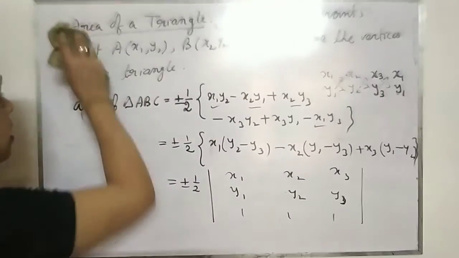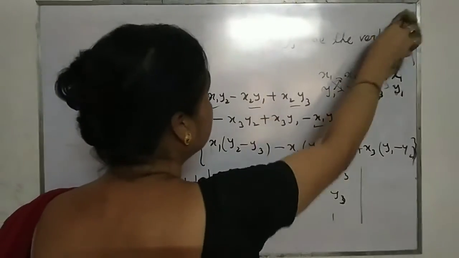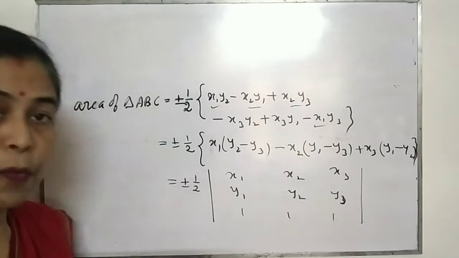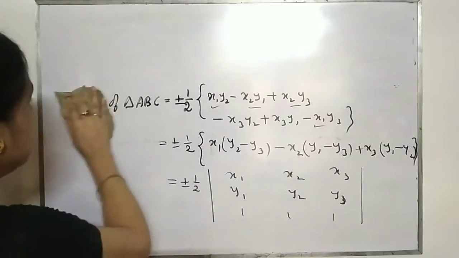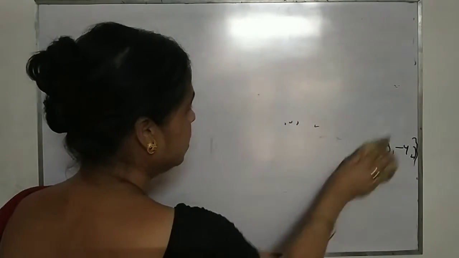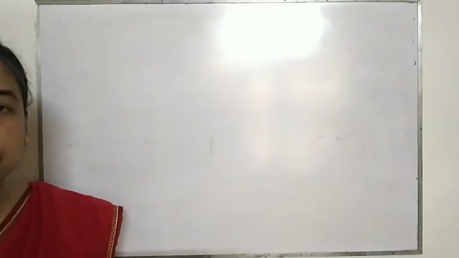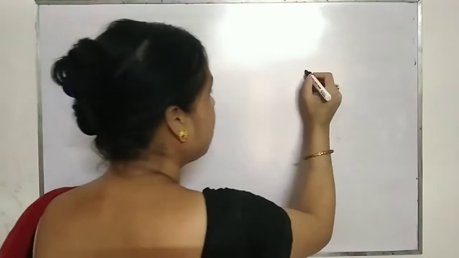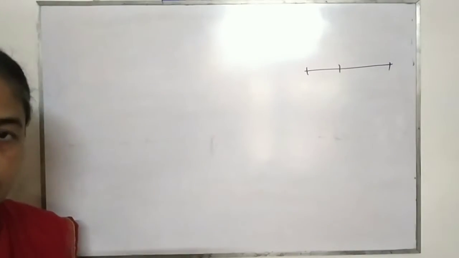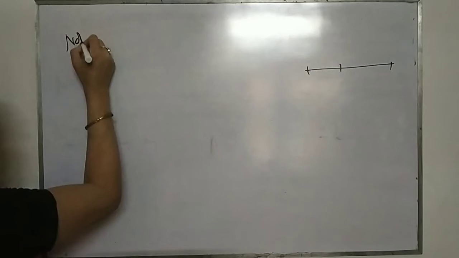Now after the area of a triangle, you have to know when we call three points collinear. Hope you remember: collinear means the points lying on the same line. Because if the points lie on the same line, can they form a triangle? If they lie on the same line, can they form a triangle? No, obviously not. So as a note you can write down what?